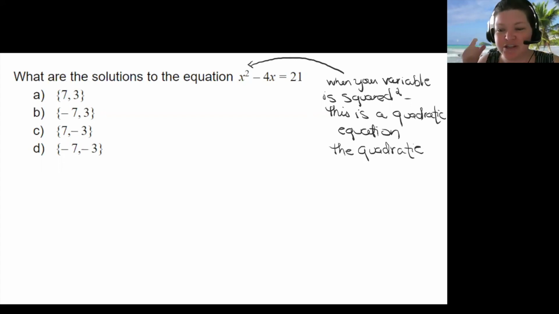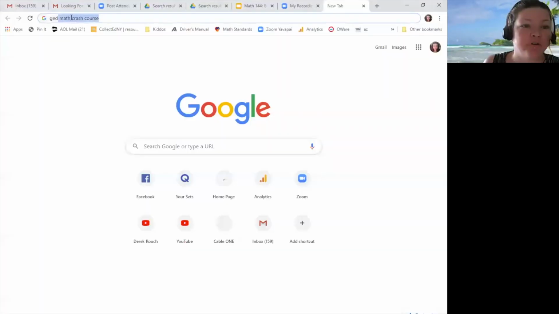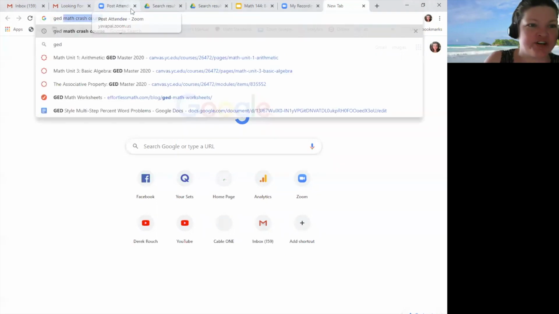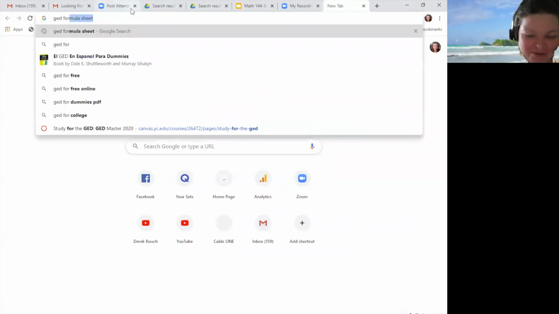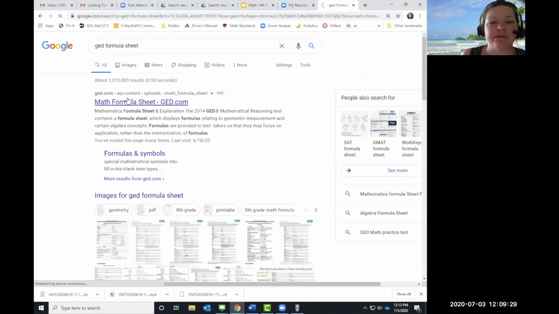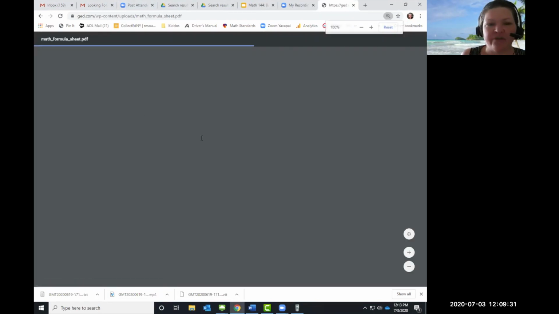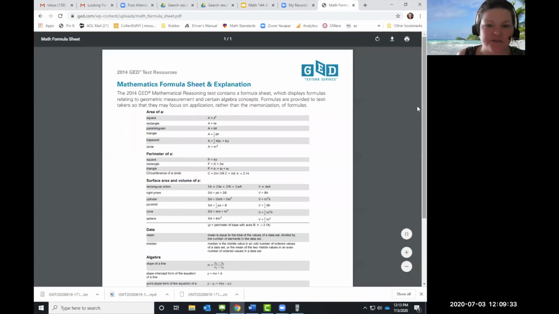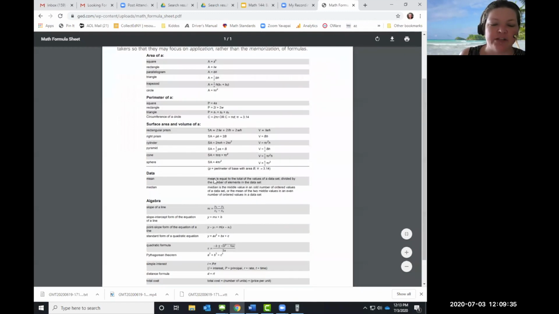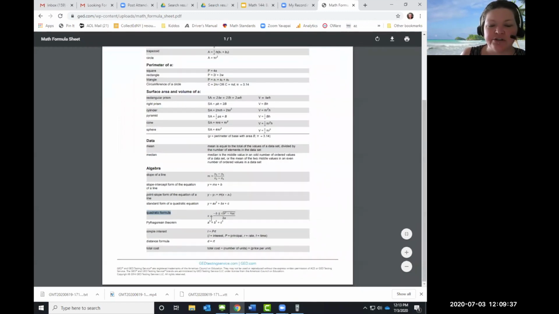Hit up your formula sheet. So I am just hitting up Google, okay, you guys? And no, I'm not Googling the GED math crash course, but you probably should. I'm going to Google the GED formula sheet. And the very first thing that comes up for me is from GED.com. That's where I want it from, guys. Don't trust anybody besides the testing service to give you what you want. Here's the GED formula sheet. And you're going to see right down here towards the bottom,